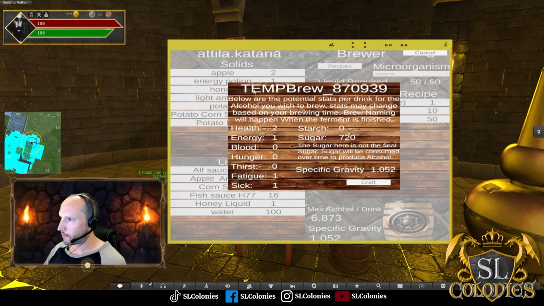you'll see, I'll read this all out to you, but below are the potential stats per drink for the alcohol you wish to brew. The stats may change based on your brewing time or fermenting time. Brew naming will happen when the fermentation is finished. So the maximum ability that this drink can have, if I ferment it for the right amount of time, is I can have 2 health, 1 energy, 1 fatigue fixed, and 1 sick fixed, so that decreases your sickness, and